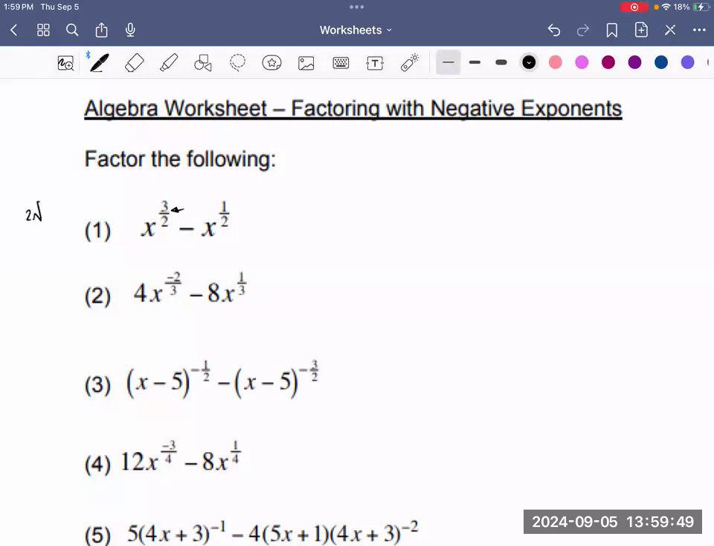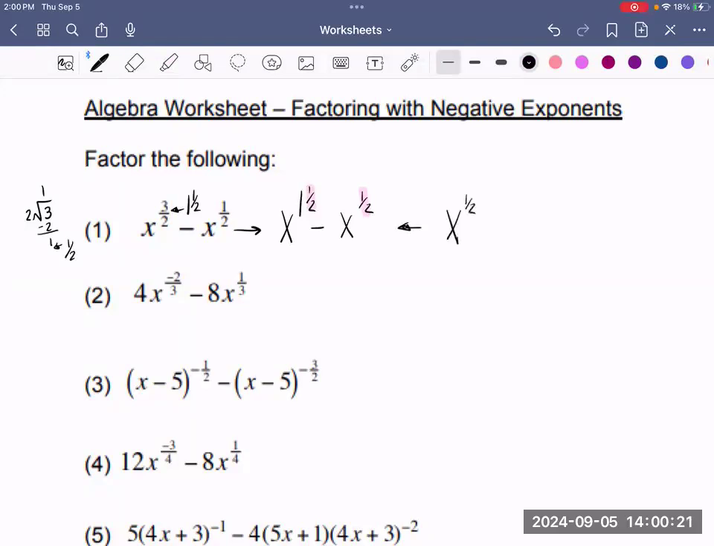So 2 divided by 3, there's only 1 2 found in 3, and we have a leftover of 1. So this leftover is really 1 over 2. So your mixed number is 1 and 1/2. So we can go ahead and rewrite x to say x to the 1 and 1/2 minus x to the 1/2. So they both share an x to the 1/2 in common, in which case we're going to factor out